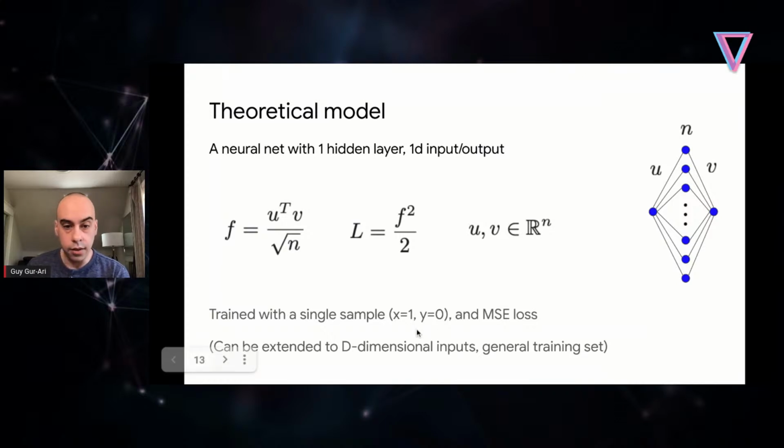Again, for the purpose of this talk, we're going to keep it as simple as possible. We can complicate things a little bit, as we do in the paper, so we can actually do d-dimensional inputs. We can have a general training set. These things don't matter much for the dynamics. Here, to hopefully make things as clear as possible, we'll do the simplest version so that we can really track all the dynamics and see what's going on.